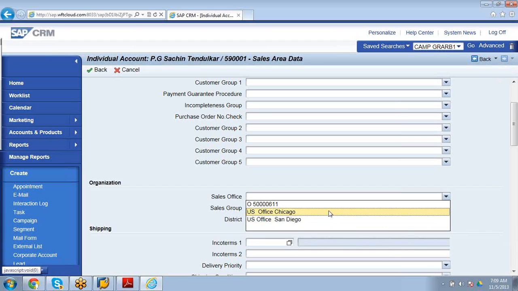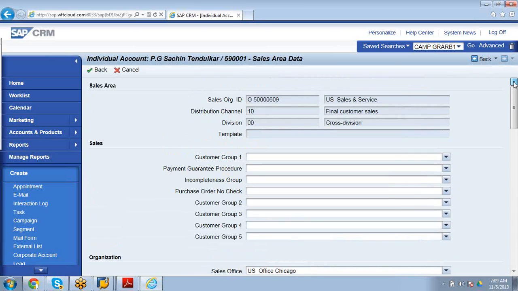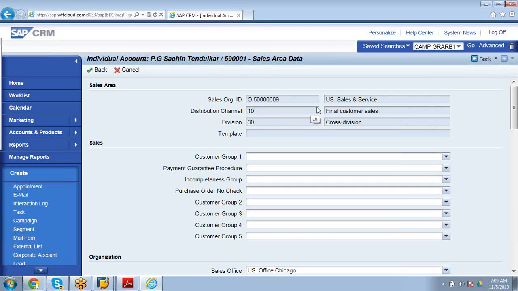This person has bought the product through a final customer sale. Suppose you feel he is from a different channel, you can change that. They will give you those options, the combinations which you can choose. But you cannot choose combinations which are not possible. If you are sending this B2C person through a government customer sale, he is not a government customer.